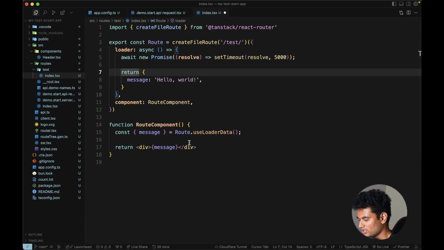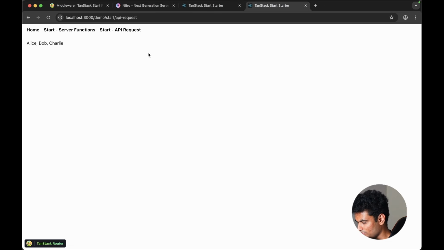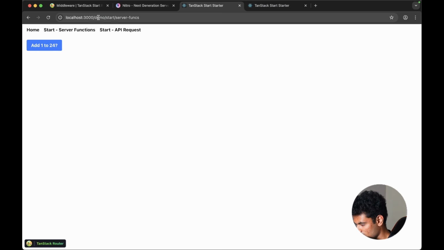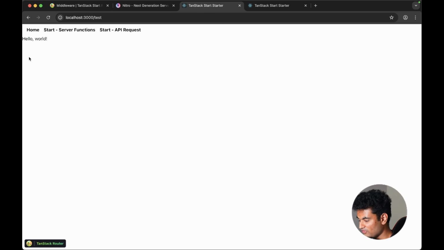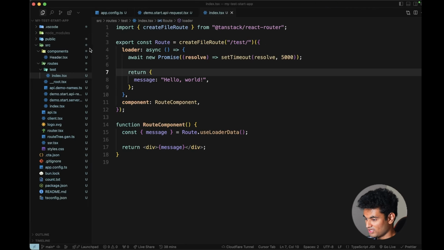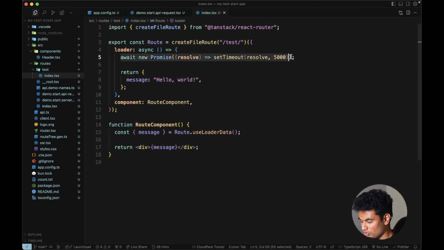Now the thing here is that whenever we go to /test, this is going to wait for 5 seconds each time. It's not going to render anything, and after 5 seconds it's going to start rendering something. This is because we are awaiting in the loader, and that's why it's making your life difficult, you know. So what we should probably be doing here is